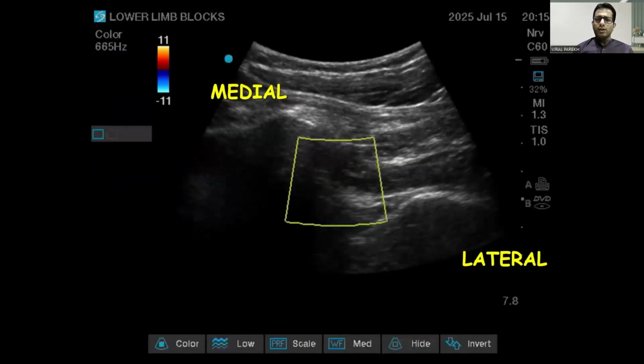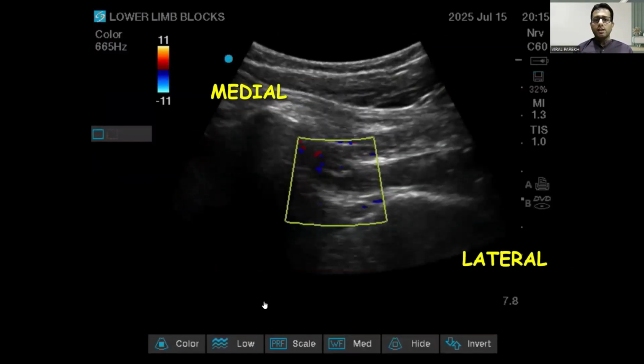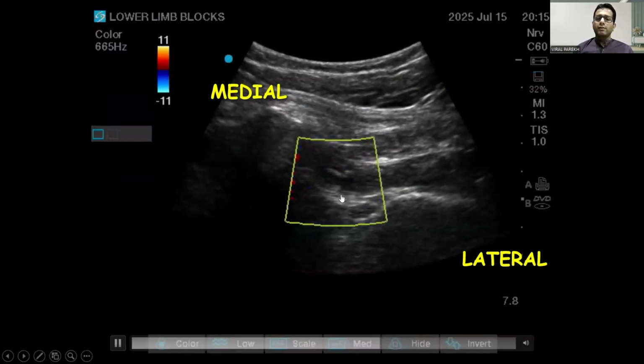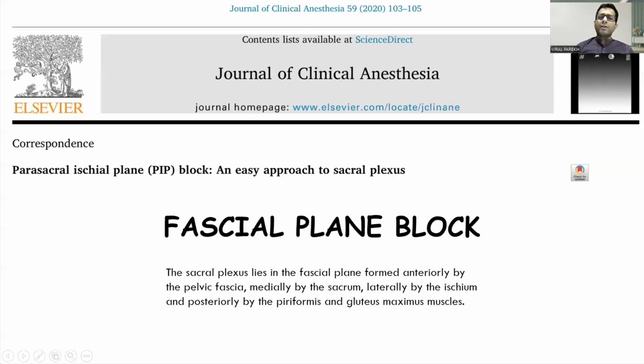This is the picture showing the Doppler. As we can see, the gluteal vessels, the inferior gluteal artery pulsations, in this image. Now coming to the third approach, the parasacral ischial plane block, which has been described recently by Dr. Madan Narayan and colleagues. They say it is similar to the Bentsen approach, and they mention that the